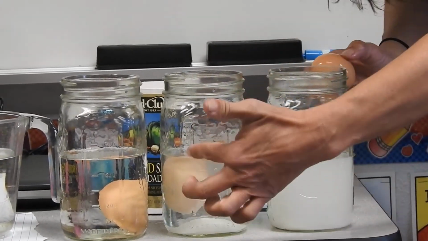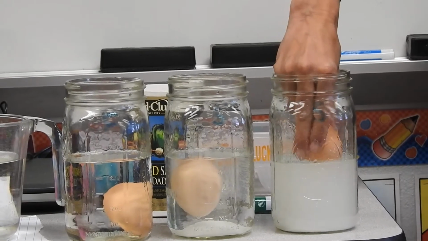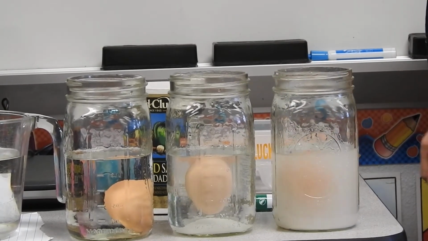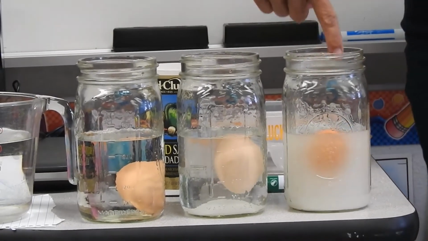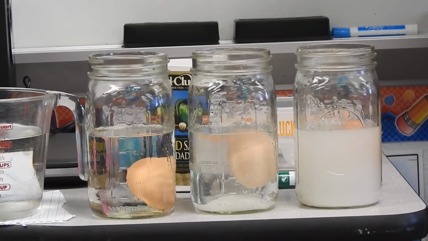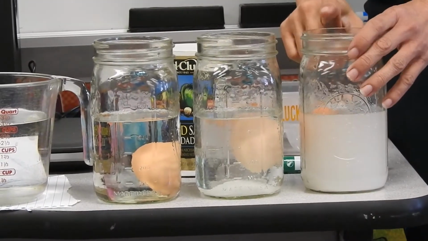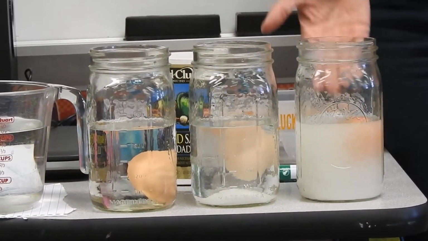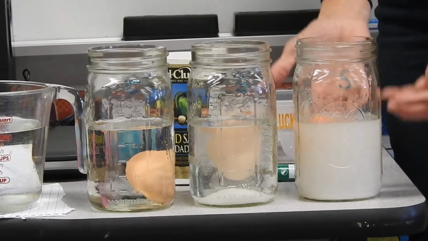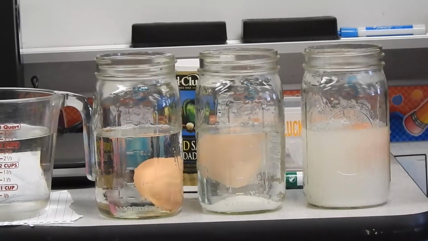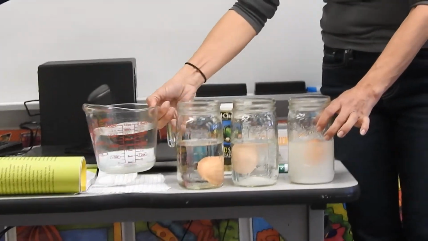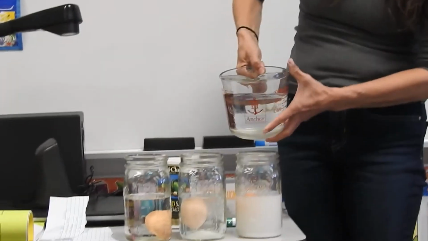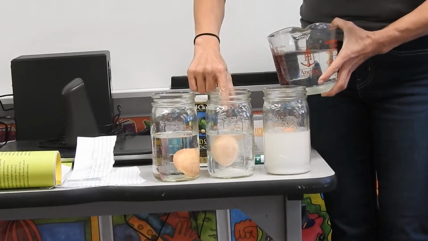Oh, this one's floating better now, so you can see it floating at the top. Maybe it just took a minute. And this one's all the way at the top now. If you look down in it, you can see the top of the egg poking out of the water. What do you think will happen if you saw what happened when I added more salt? It pushed the egg to the top because the water becomes more dense than the egg. What do you think will happen when I add water? And this one's actually floating at the top now too.